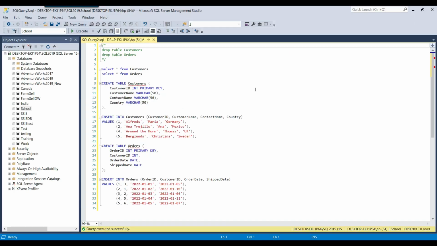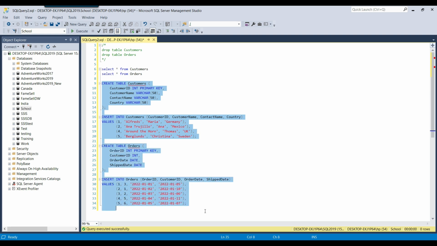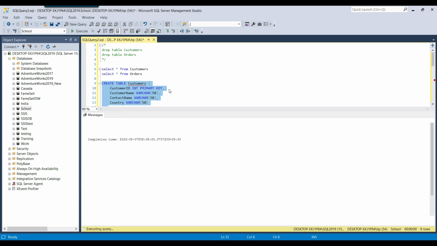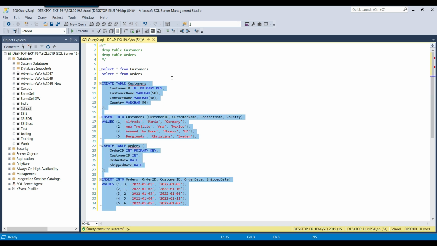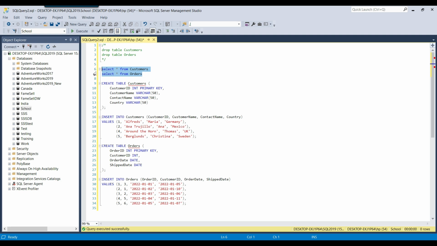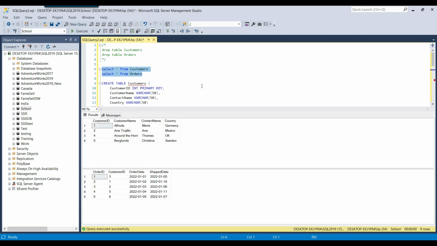I have the SQL Server instance here and I'm going to create two tables, the customers table, and we'll insert some data into it, then we'll create the orders table and insert some data into it. Let me execute these queries. The queries ran fine, and I will share all the queries that I'm using in the video. You can download them from the link in the description of the video. Now if I select the data from the customers table and the orders table, this is the data from the customers table and this is the data from the orders table.